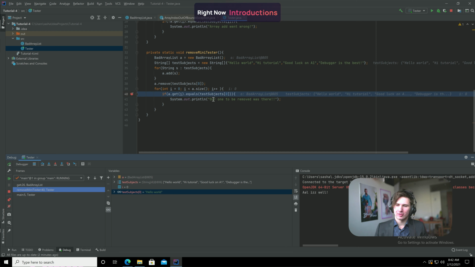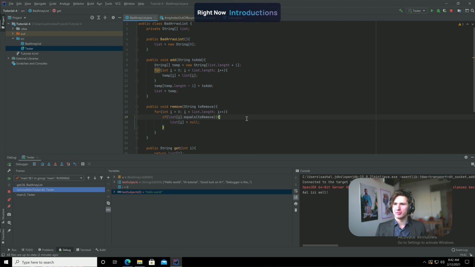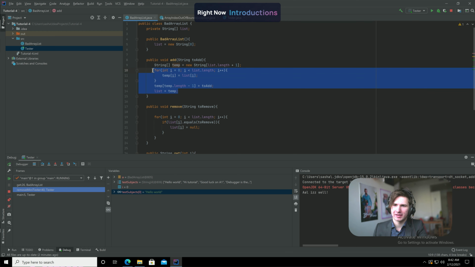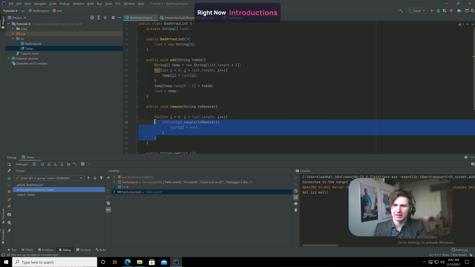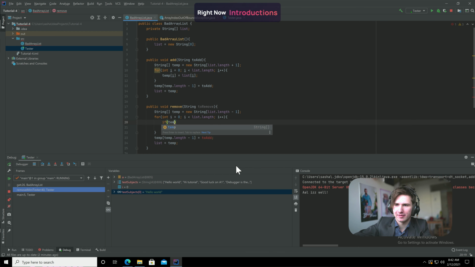All right, so let's go on about fixing this problem. We've identified our issue that our remove keeps a null in here. So I think our remove might have to be modeled after our add. Let's try it. Let's just try to make it the same as our add, and then change it from there. So we can say it's going to be -1, right? Because when we're removing, it needs to be smaller. And then we can say for int i is less than list.length, i++, temp is equal to list i, but we only want to do this if temp is not the one to remove. So if list